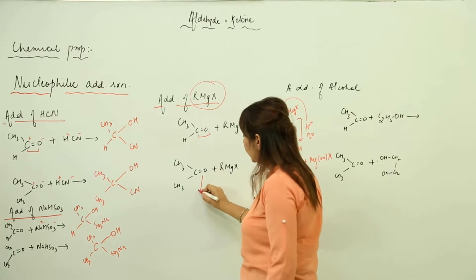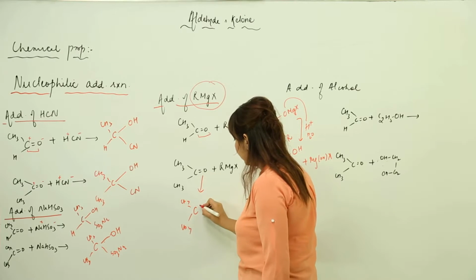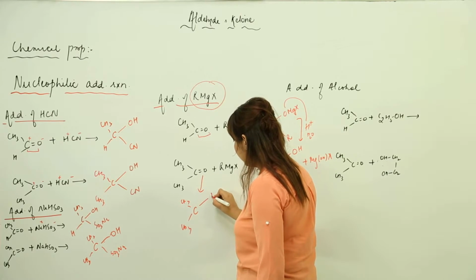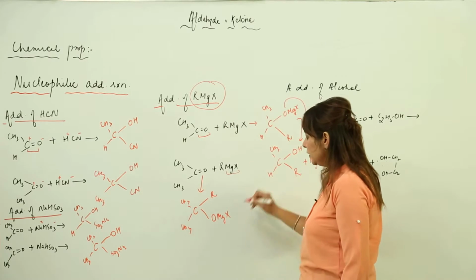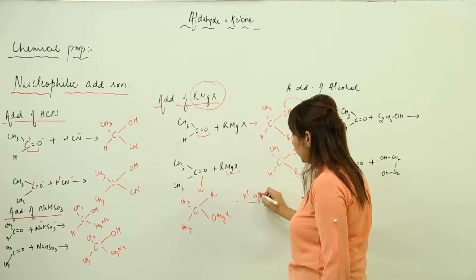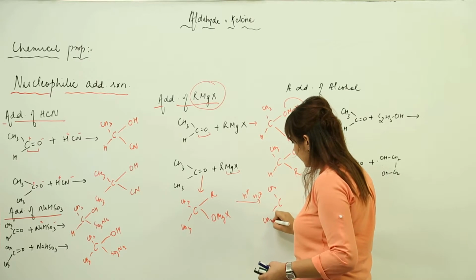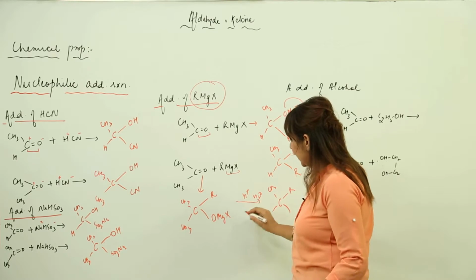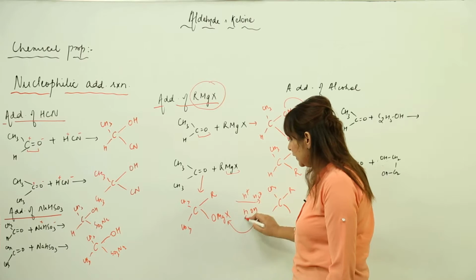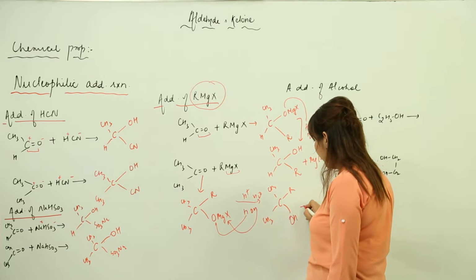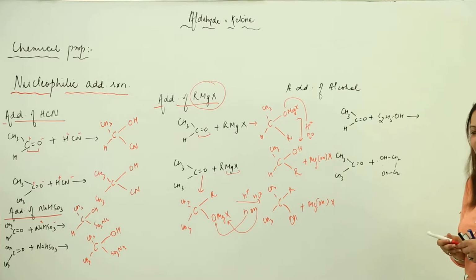In a similar way here also, the CCH3 will remain as such. Here R will get attached, and O will get attached to MgX because this is the positive part. Then we are going to add water, which will give hydrogen ion. R will remain as such, and because we know that water is HOH, this OH will combine with this part and H with this part. So it becomes OH, and Mg(OH)X is liberated. Like this the reaction is going to take place.